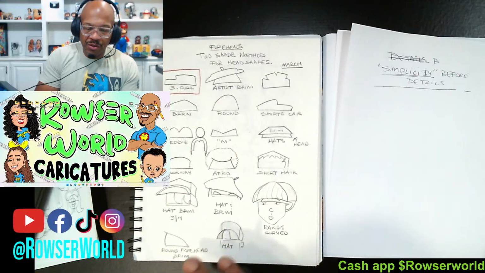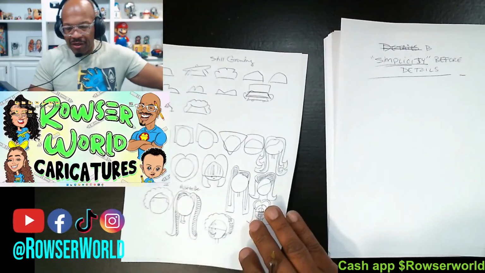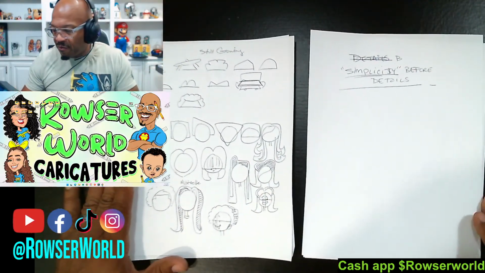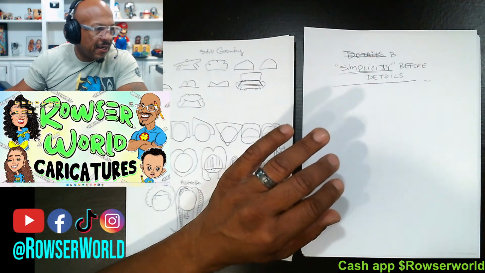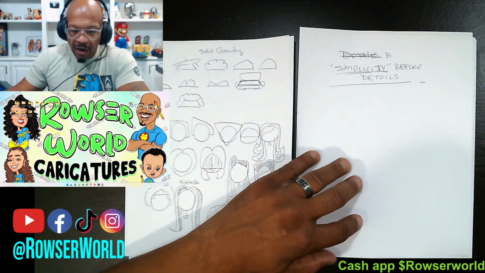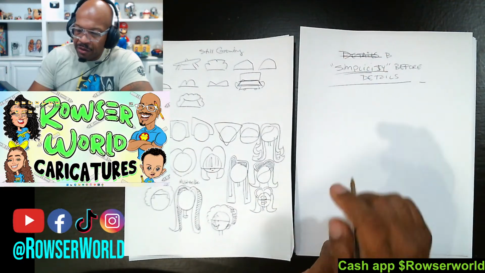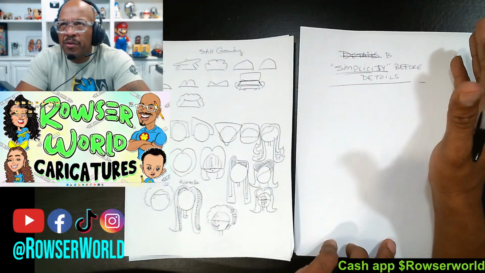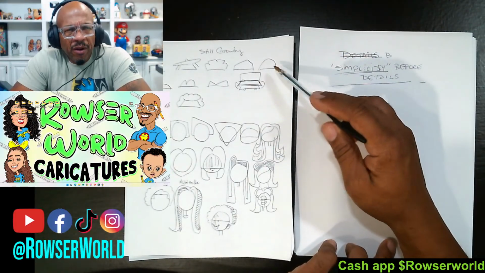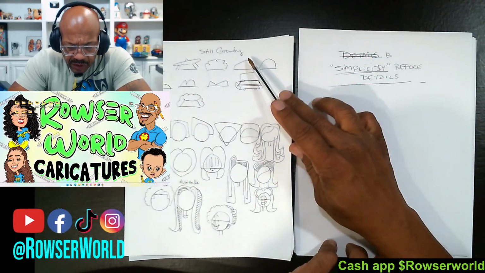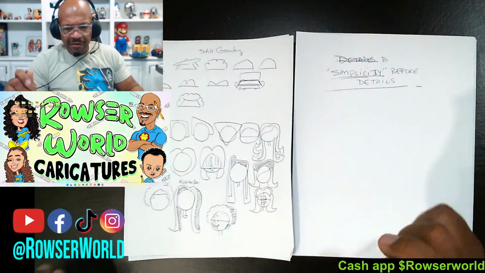So what we're going to do is start off today with some shapes that I did. I want to use this as an example, and then after we do it, we'll go into our actual lesson for today. So let's go ahead and do that. All right, what does simplicity mean? Let's say you're trying to draw somebody's hair. Maybe you're a person that struggles with drawing hair. Over here, I drew some very simple geometric shapes that allow you to envision